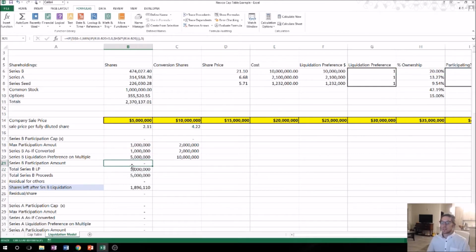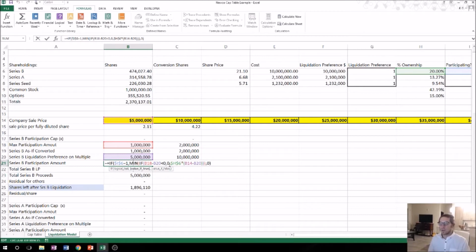Okay, so next we'll do the Series B participation amount, and that is calculated like this. We'll first see, is it participating? So does I6 equal 1? If yes, then move on to choosing the minimum of this if statement. The if statement is max participation amount minus Series B liquidation preference. If that's less than 0, then make it 0,